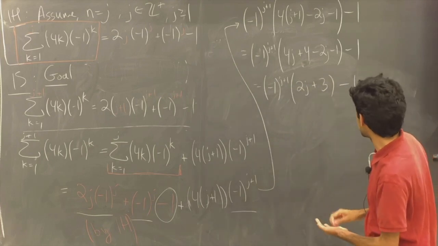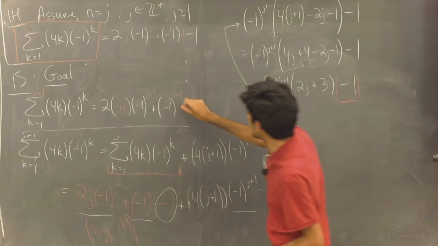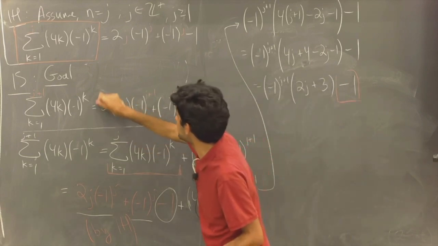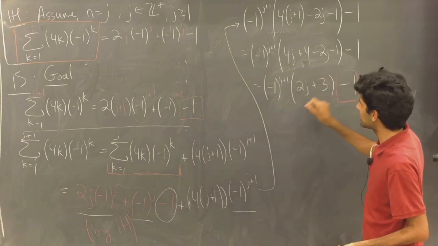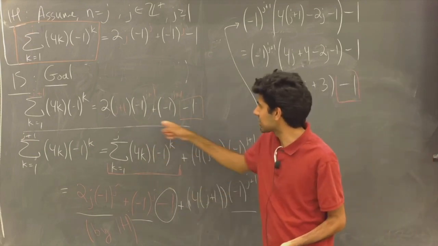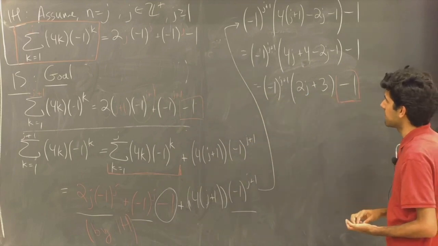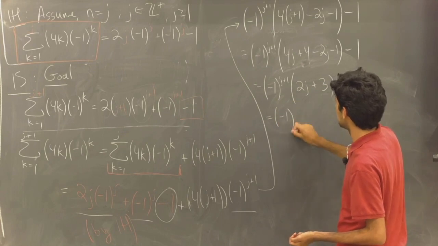And we're starting to get there, right? This minus 1 is found here and here. We have a 2 times that floating around in here. It's just that these are separated, so you can imagine this distributing into here. This just requires a bit of algebra, but we can write it as,